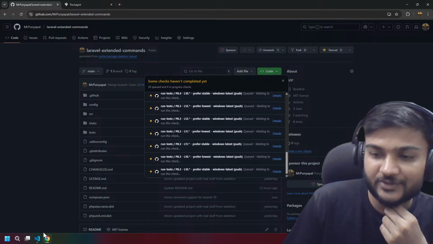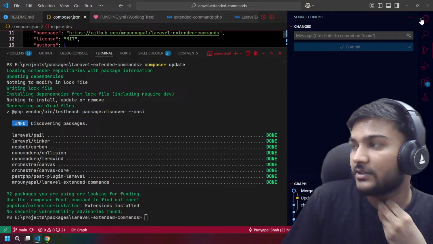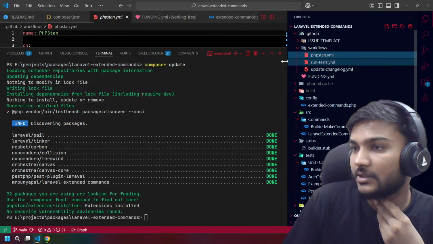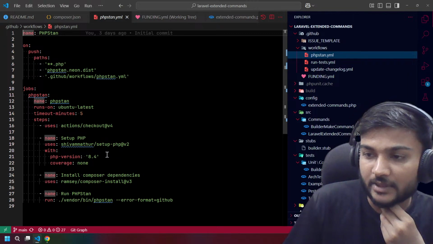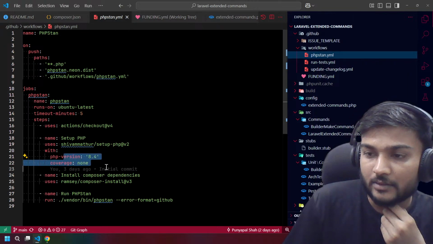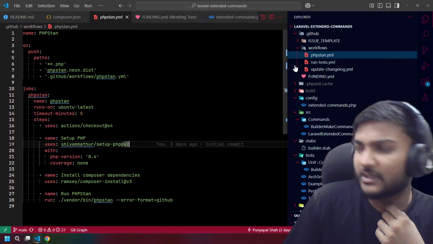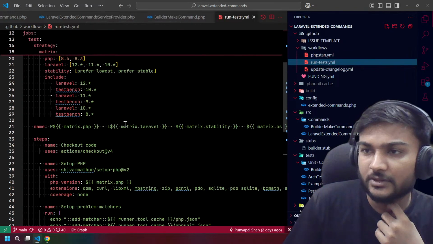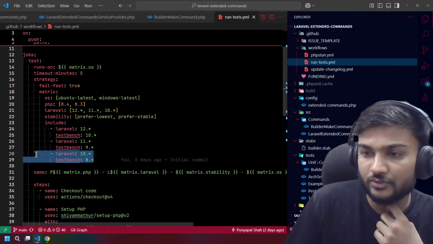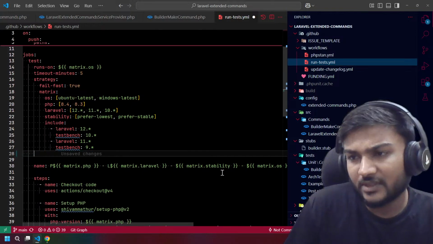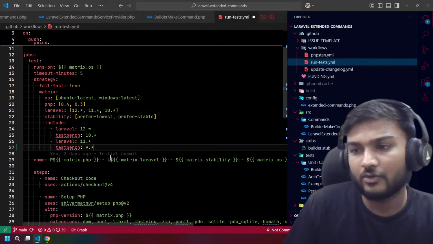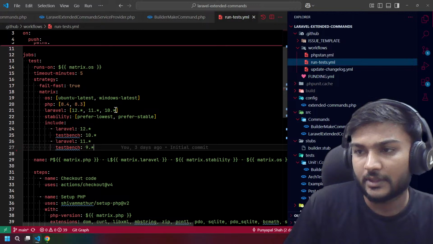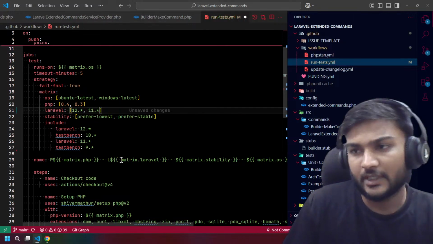We forgot to remove Laravel 10 from the GitHub Actions. We need to remove Laravel 10 from the workflow also, and from here too.